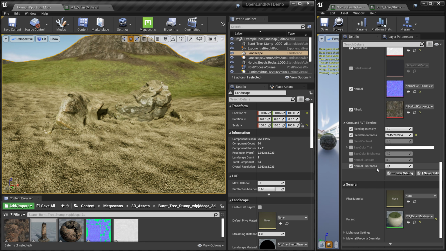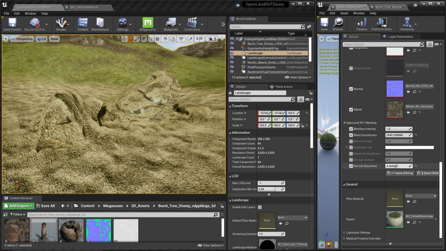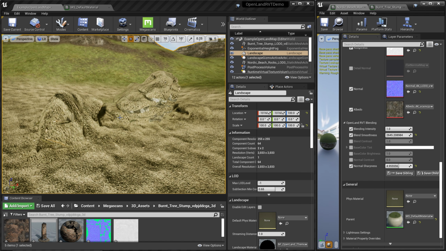Another parameter you need to focus on is the normal sharpness. By default we don't blend slope surfaces, so we only try to blend on the flat surfaces. That's what looks nice when you are blending. But if you want that, you can simply increase this slider, normal sharpness, and it will try to cover some of the areas. But you see, it's not nice in this case, though in some cases it's helpful. So I'm going to go back to defaults.